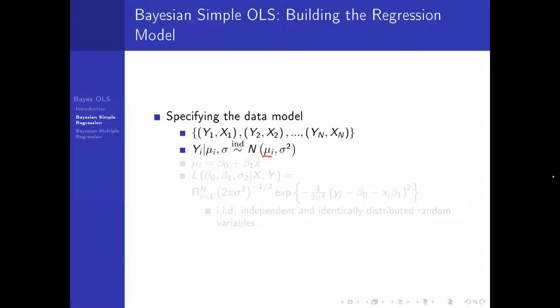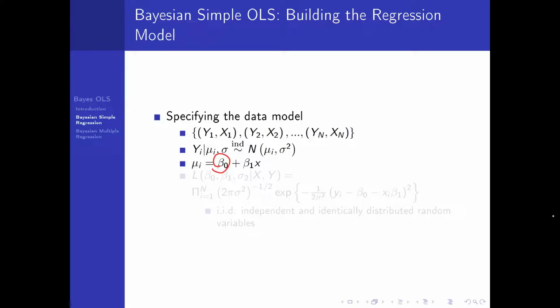Still, we assume this conditional normal distribution has a variance of sigma square. But why does it vary? Because we impose a structure for this parameter mu i. We assume it is equal to beta 0, that is the intercept,